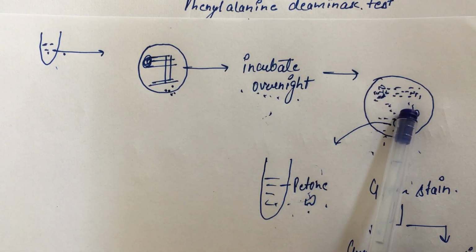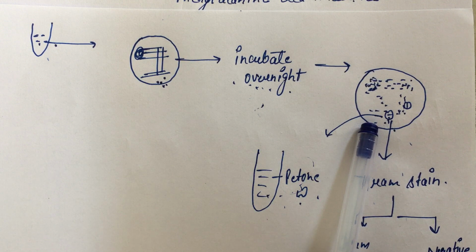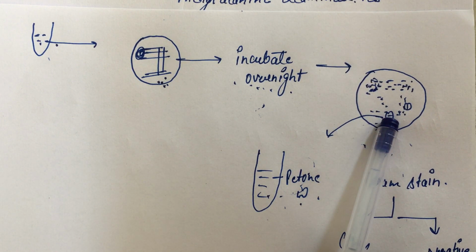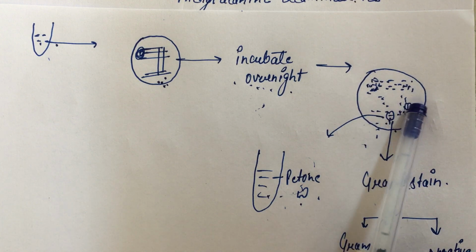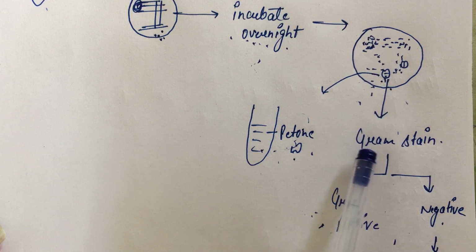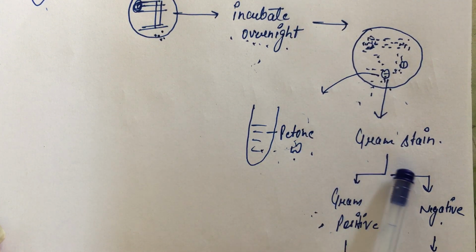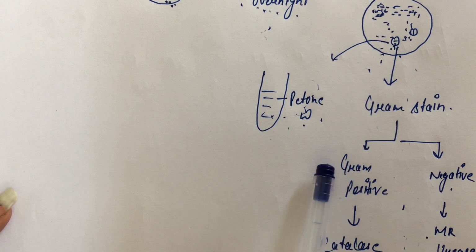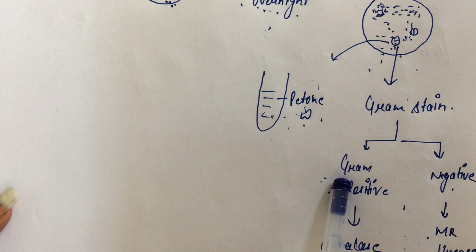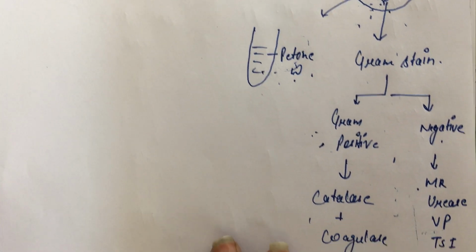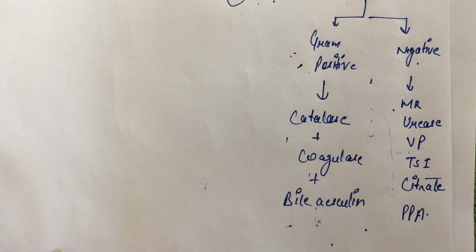Next, after incubation, the growth of colonies can be easily seen on the petri plate, and we mark proper colonies. From the marked colonies, we take some and perform a Gram stain. After Gram staining, we are able to distinguish whether the colony is Gram positive or Gram negative. Once you are confirmed, you can perform biochemical tests accordingly.